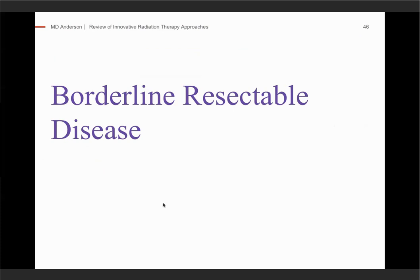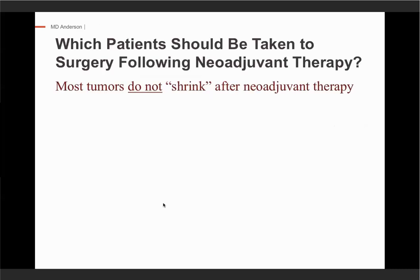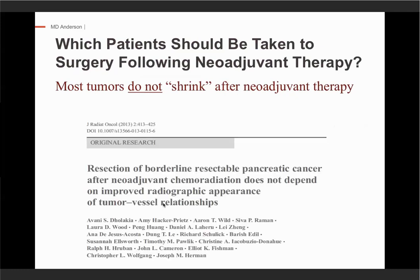So switching gears, borderline again is where we have 180-degree involvement or less. And I think the first thing that's important is patients will always say, well, Dr. Herman, we gave chemotherapy and it shrunk a little bit. You gave radiation and it didn't shrink. And I think it's important to stress that most tumors don't shrink after chemotherapy and radiation,